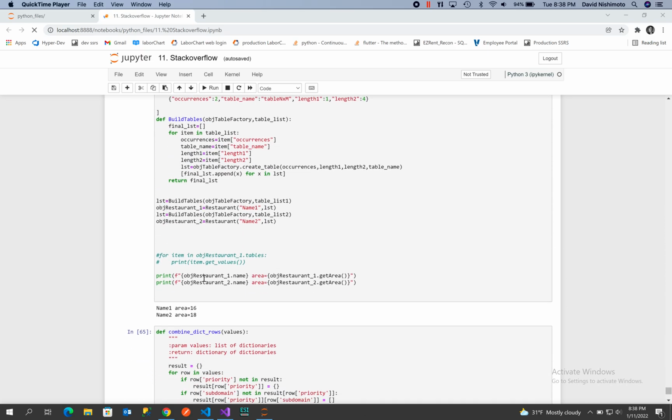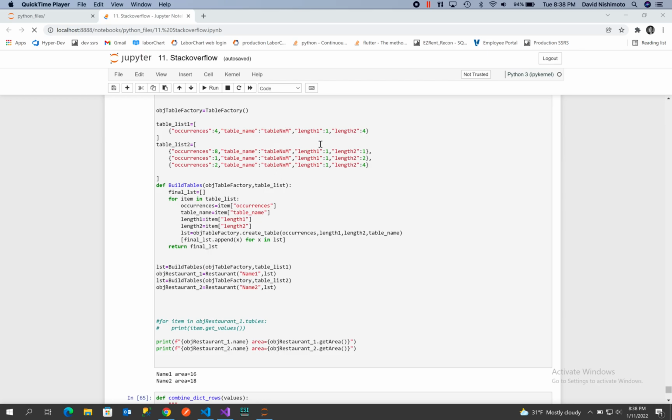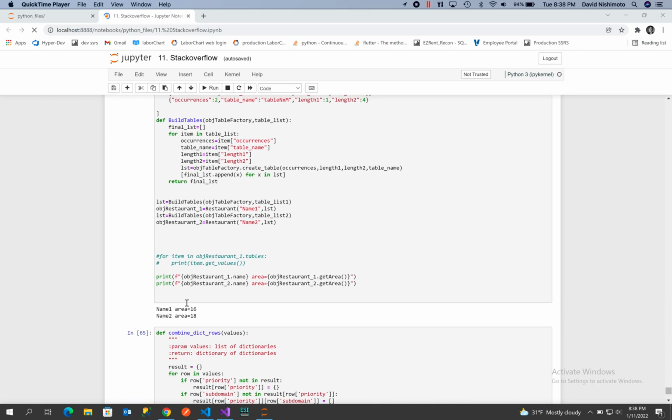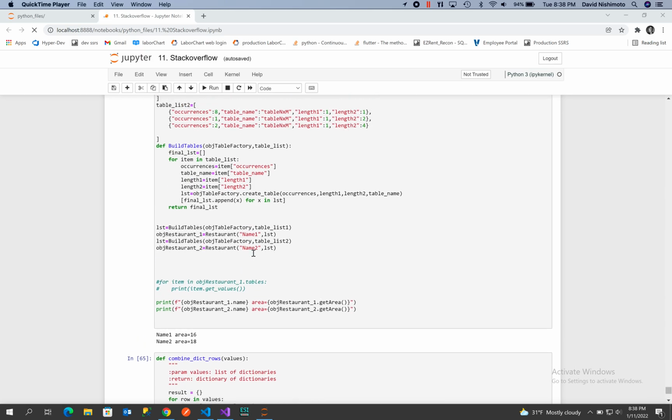So what you can see is that for the first table, which was one occurrence, the length is 1 and 4, excuse me, and we have 4 of those, so 4 times 4 would be 16, and we can see that adding up there.